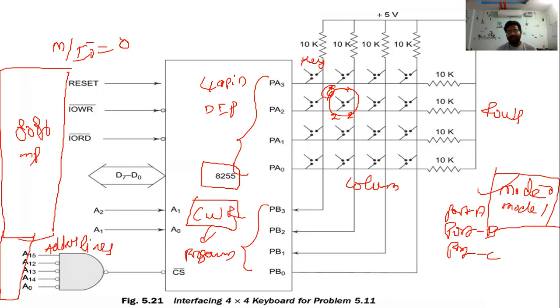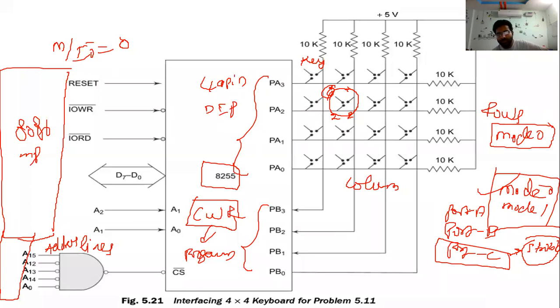Because there is no necessity to use the handshaking signals or strobe signals, nothing but the port C signals here. We are not using the port C signals at all. In mode 0, port A, port B, and port C are available. But in mode 1, only port A and port B are available, while port C is used as a strobe or handshaking signal. By connecting this keyboard, we are not using port C as a strobe signal, so you can prefer mode 0 for this case.